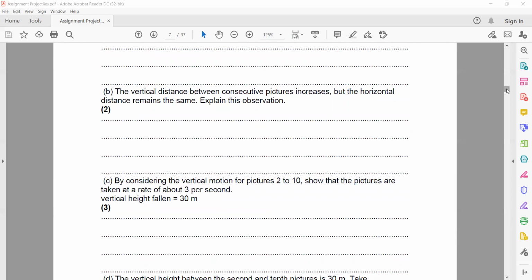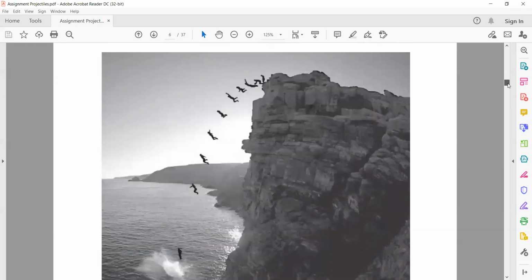How is it 8? Look, you got the time interval from the second picture to the 10th picture. So this is already there. This is the starting picture. Now the time interval starts from here. When it is at the second picture, time is equal to 0. And when it is at the 10th picture, time is equal to 2.47 seconds. So how many pictures are taken from the second picture to the 10th? This is the first picture, second, third, fourth, fifth, sixth, seventh, and